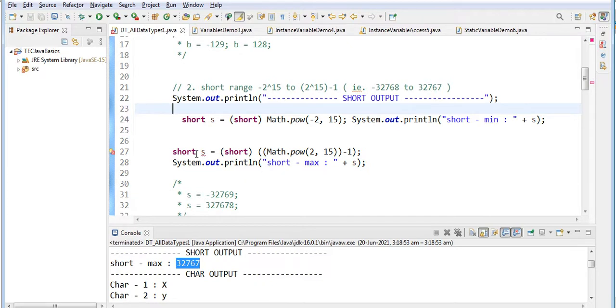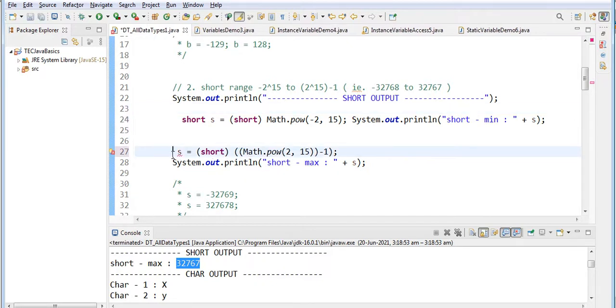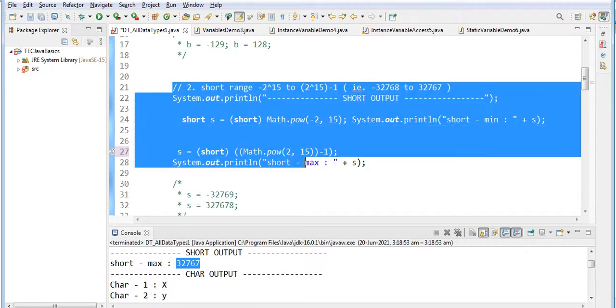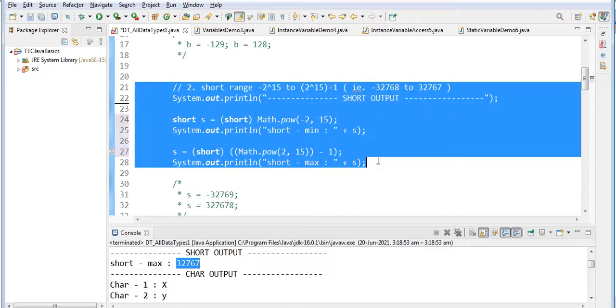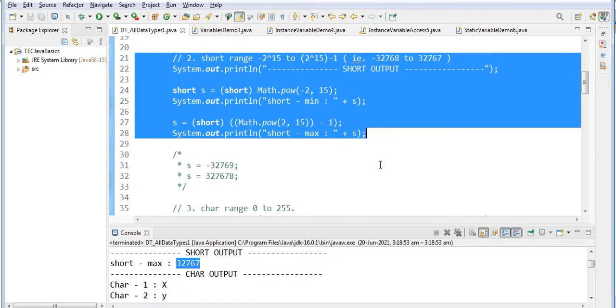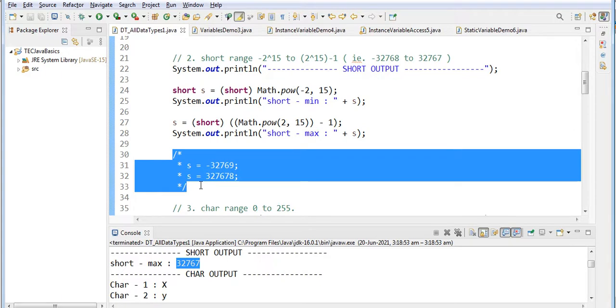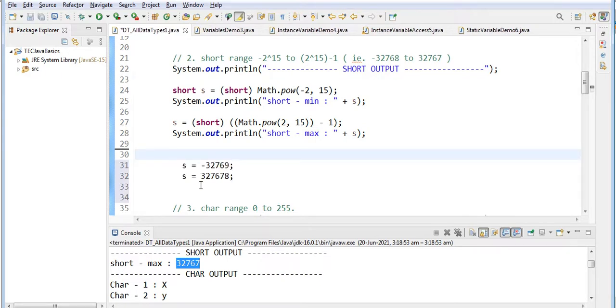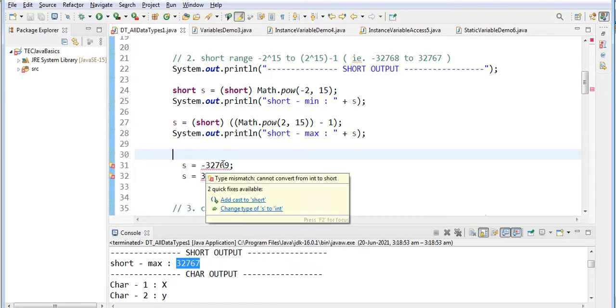Next one. I told you it will not take a value either below the minimum value or above the maximum value. As an example, in Math.pow it is not showing the error, but here you can see it is showing the error.